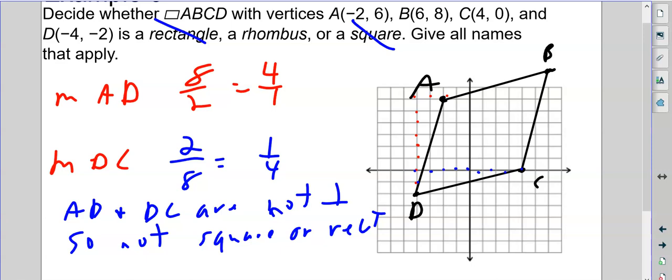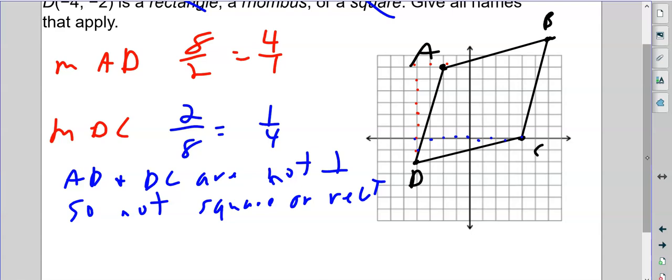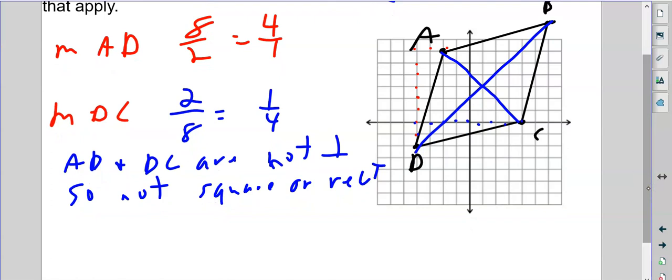Now, if we were going by elimination, we know it's a rhombus. But if we wanted to prove that it's a rhombus, we have two choices. We can do the distance formula on all 4 sides, and that would prove that all 4 sides are equal. Okay? But we don't have to do that. A shortcut would be, remember, the diagonals AC and BD need to be perpendicular. So if we just do the slopes of those two, we can prove that it is a rhombus. So AC